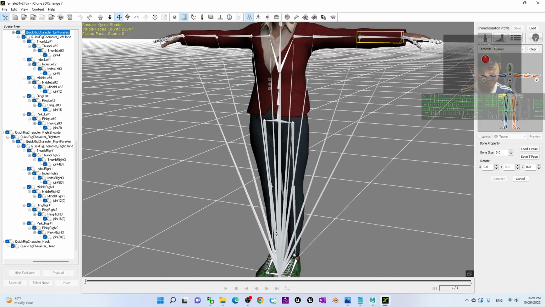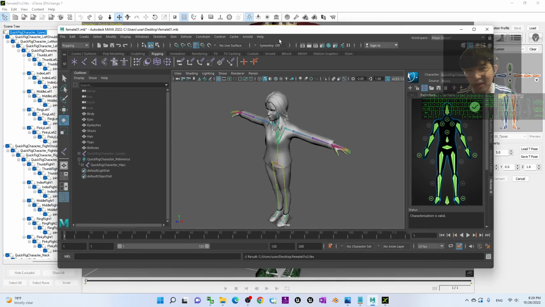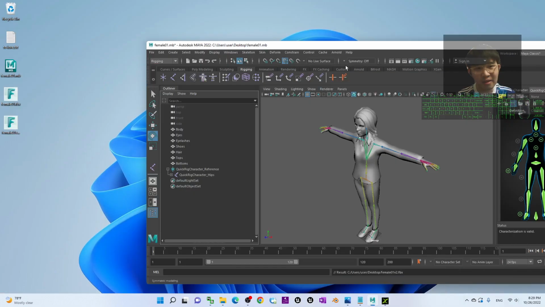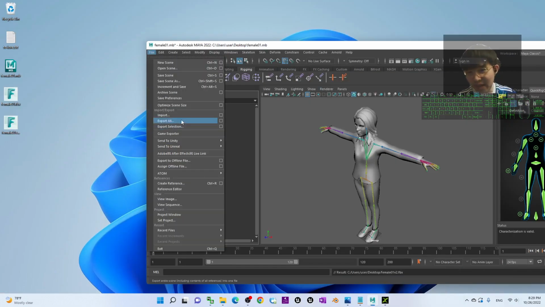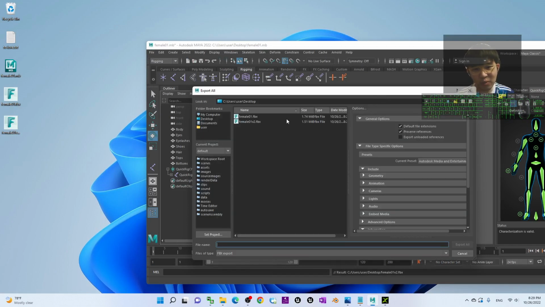Alright, maybe you still feel it is quite distracting because it has a double layer. So many of these, of course. From your Maya, you can just delete the guides here. Wait, you have another guide, not the reference, sorry. These guides, you can just press the delete button to delete them. Then you try to click File, Export All. Again, once you export all, this should be version 3. Click Export All.